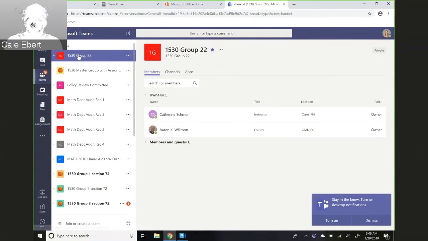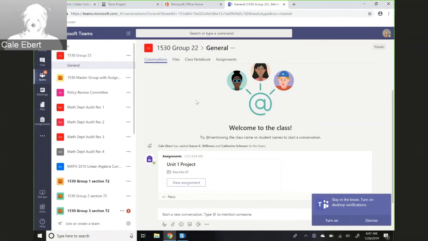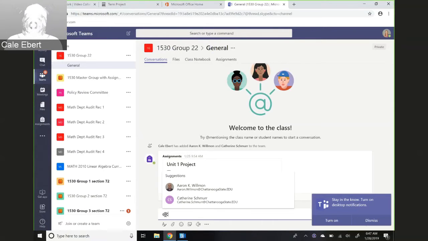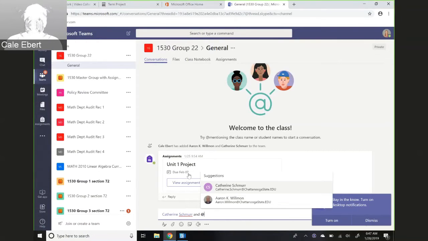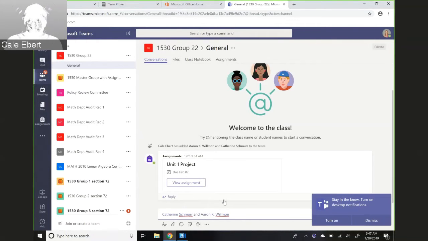Again, maybe, okay, so yeah, there we go. Conversations, and I'll just say, let's see, I've got Catherine and Aaron. So I'll say at Catherine, and that automatically pulls up. I'll type her name. And at Aaron, these are the two other people that are in my group. And by clicking the @ button, it automatically pulls up their name and it will send them an email